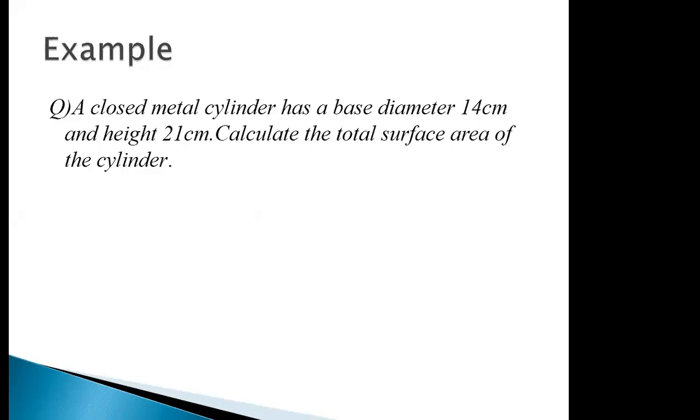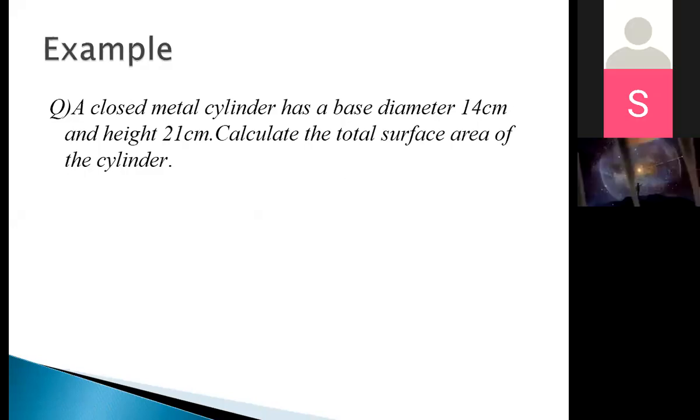You will not rote learn any formula. You will just think of two circles. So 2 pi r square area, right, of circles. Then talking about rectangle, length into breadth, you know that length has been changed into circumference of circle, that is 2 pi r, and the breadth is the height, so 2 pi r h. Okay, so let's see what is the final answer. I'm giving you 2 more minutes. Solve it.